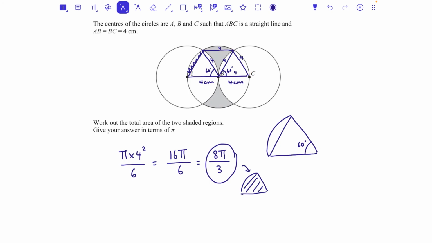Now the area of the triangle, we're going to use half ab sine C. So this is 60 degrees, 4 and 4, so half times 4 times 4 times sine 60. And you would be expected to know that that is root 3 over 2. Now,